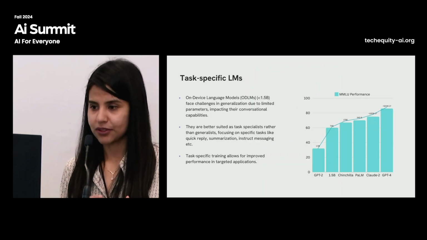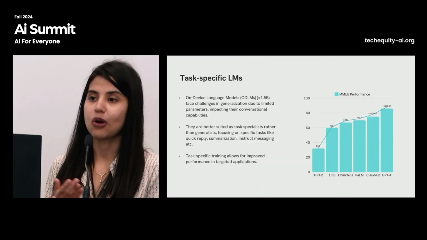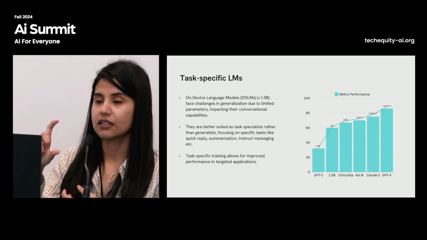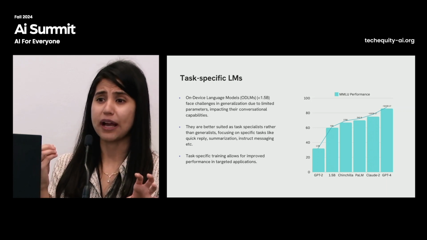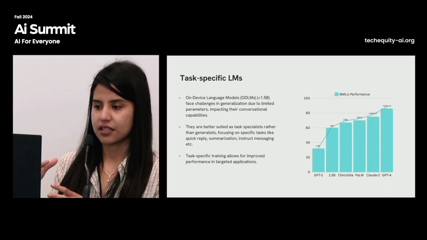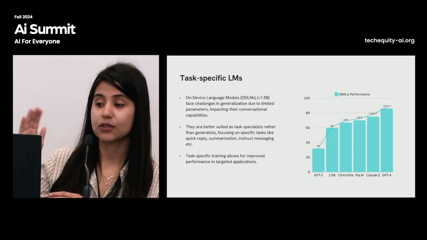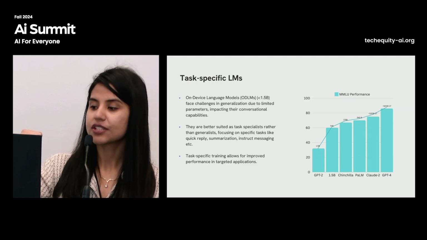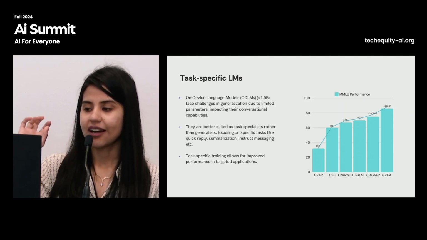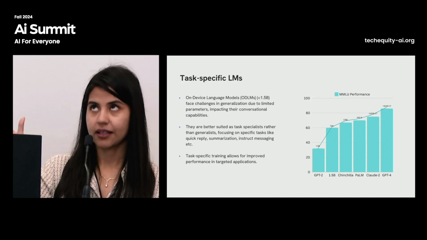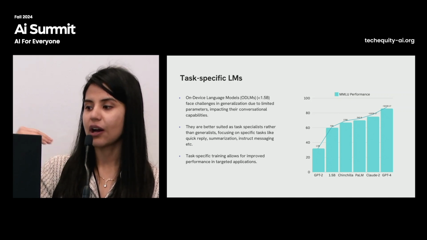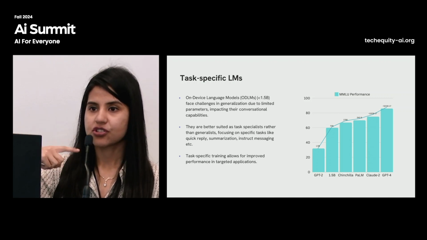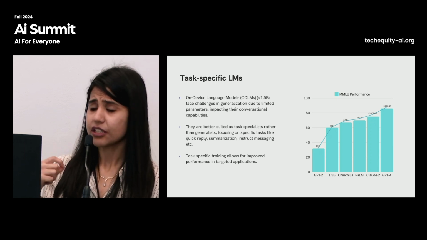But what's the problem? Why are we not building these small language models? If you think of a model which can be hosted on a state-of-the-art smartphone these days, the best you can fit will be about 1.5 billion parameters. That was what GPT-2 was. But performance is a major concern. GPT-2 performed around 30% on the MMLU benchmark, whereas now with GPT-4, we have more than 80%. So there's a big gap which these models need to fill.